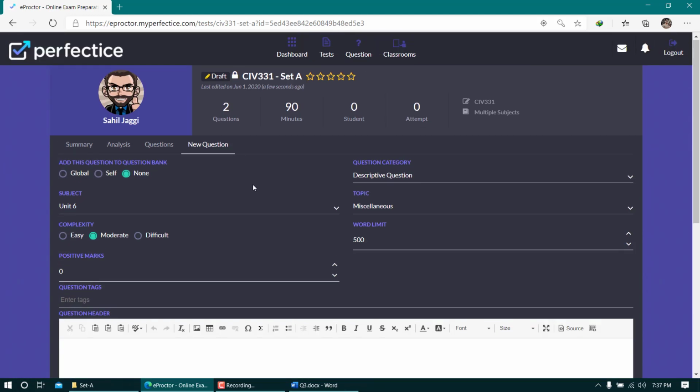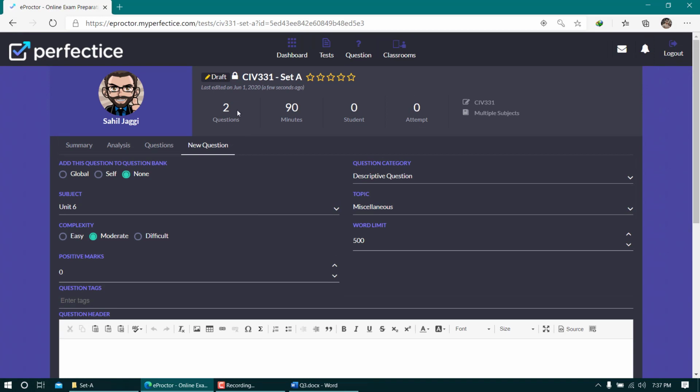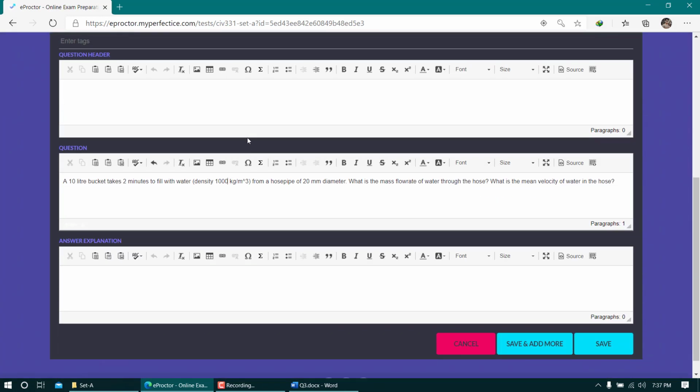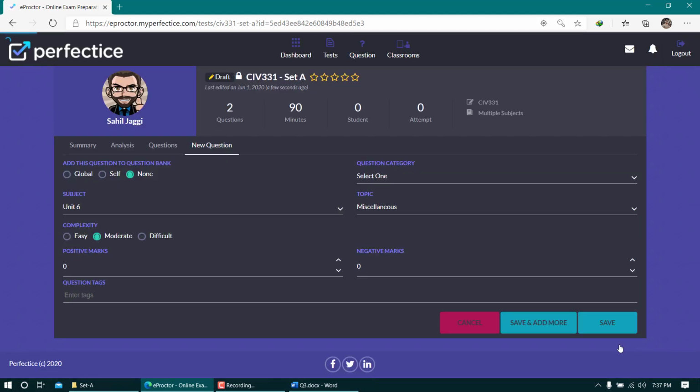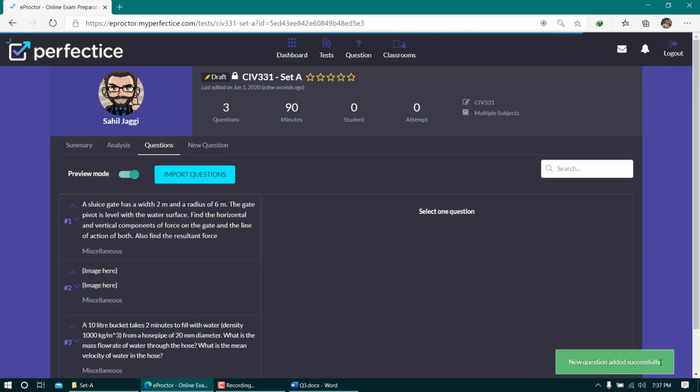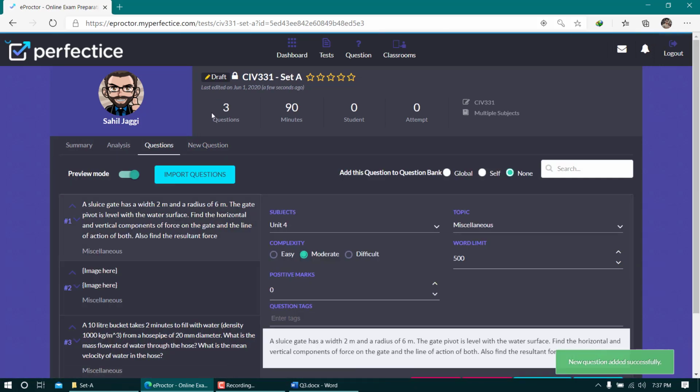And since I have to enter only 3 questions for each test set, and this is the third question, I do not need to click save and add more. I have to click save, and if you click save, you can see new question added successfully. There are three questions, and now you have been shifted from new question to the questions tab automatically, and there is a preview mode.